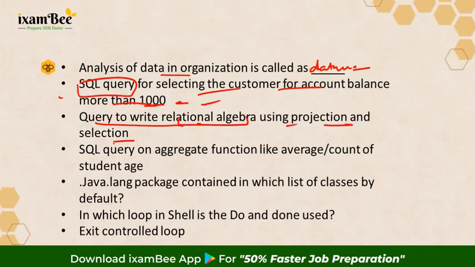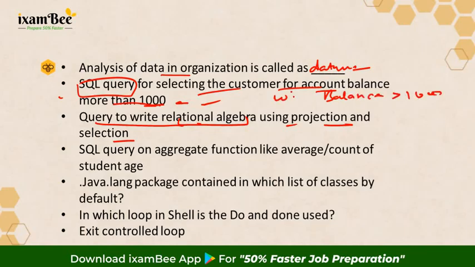Then there was again a question related to SQL query, based on aggregate functions like average and count. So 3 questions were asked from SQL query, so you need to be prepared for that. Like whenever you want to check the account balance is more than 100, there will be an operator which you can simply write like this,